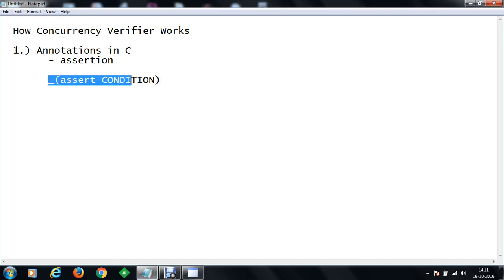So this is an example of annotation in a C program, and what this annotation specifies is that whenever the program executes this part of code, during compilation or execution of the process, this condition will definitely be valid.